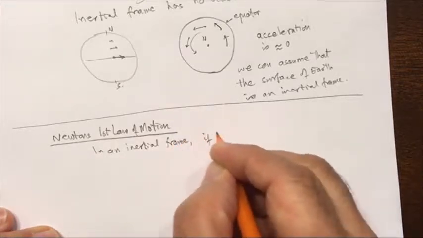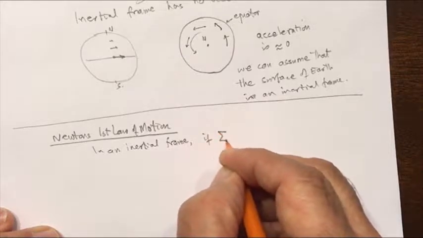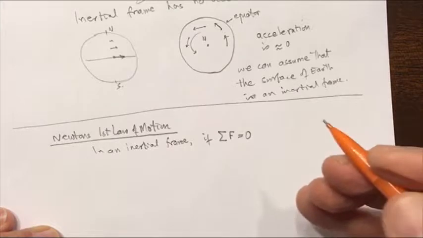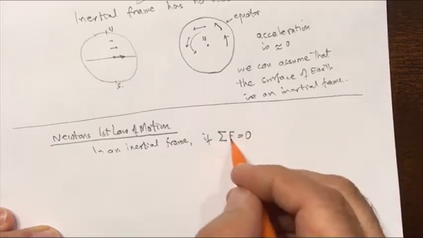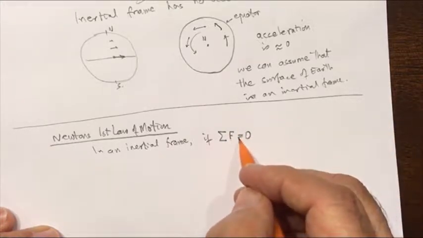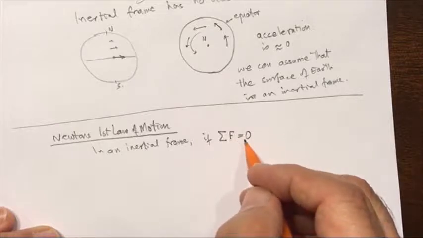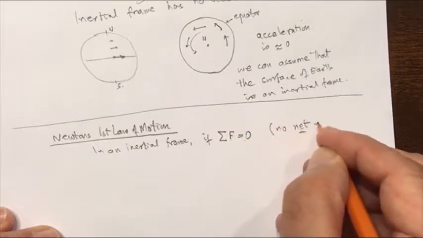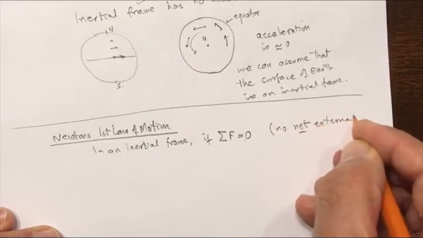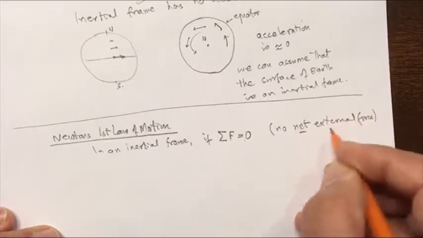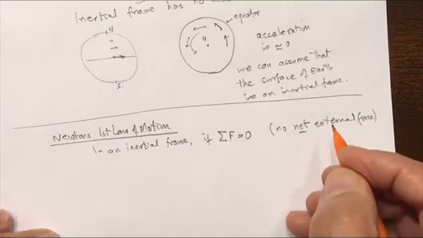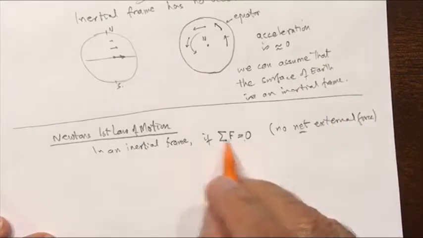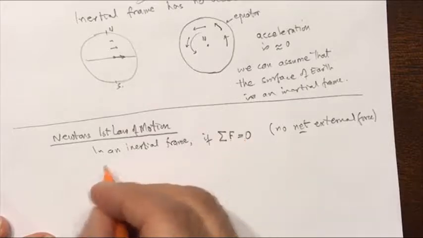if there is no force acting on it or no net force acting on it, so there may be forces, more than one, but they all cancel out exactly. So there's no net external force acting on it. I'll just see what we mean by external or internal. So if no net external force acts on it, so if the sum of the external force is 0, then